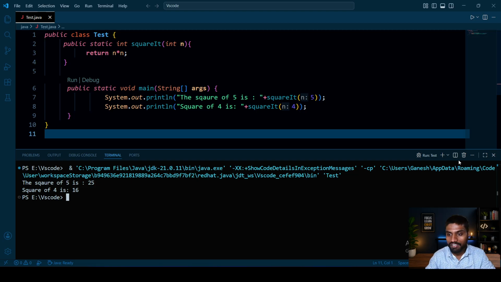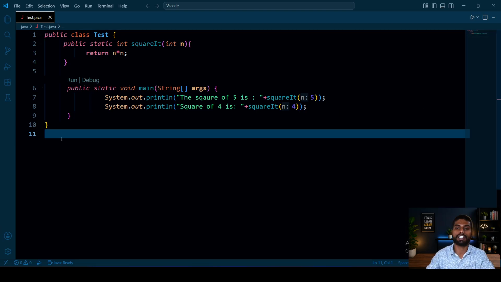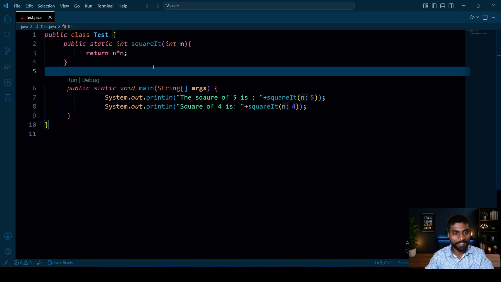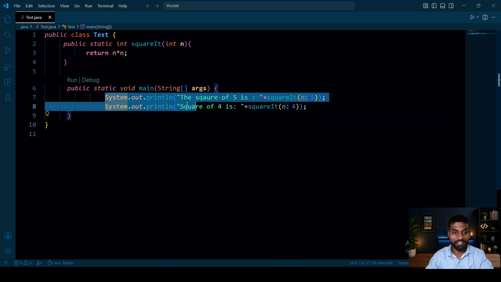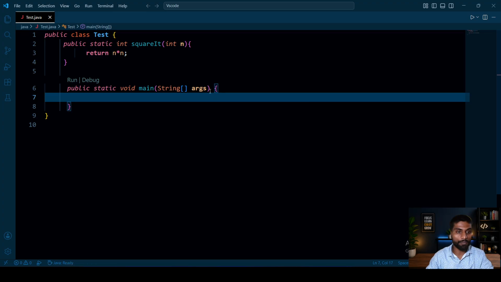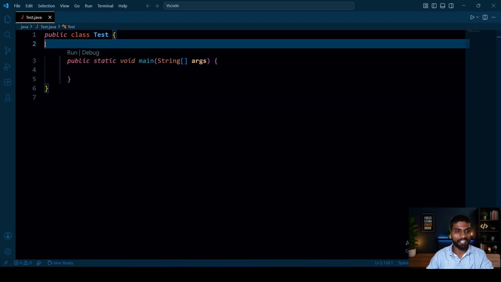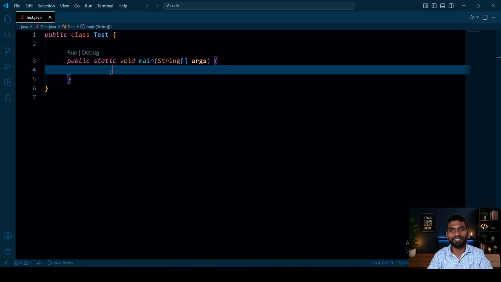Then how is it possible with a lambda expression with concise code? How is it possible with a lambda expression? That I want to show you. There are some predefined functional interfaces available. I will give only one example. If you don't know, in upcoming classes we will cover all the predefined functional interfaces. What is a functional interface? Everything about functional interfaces.